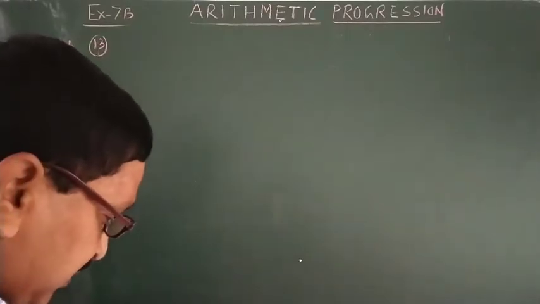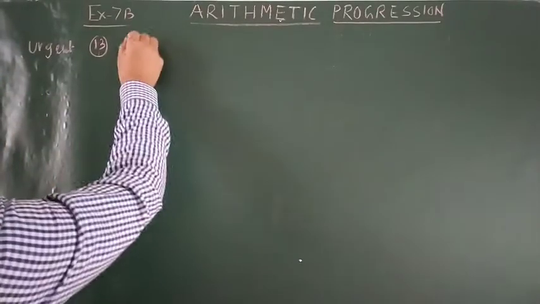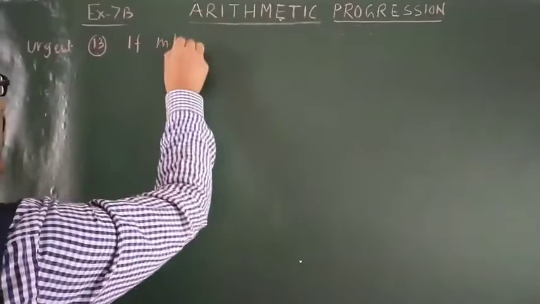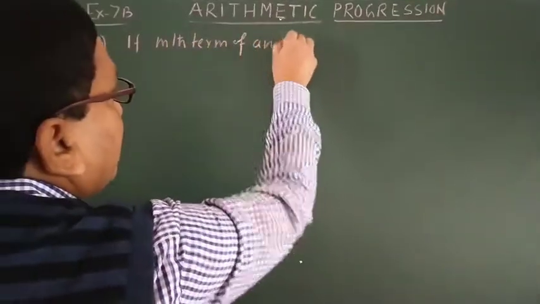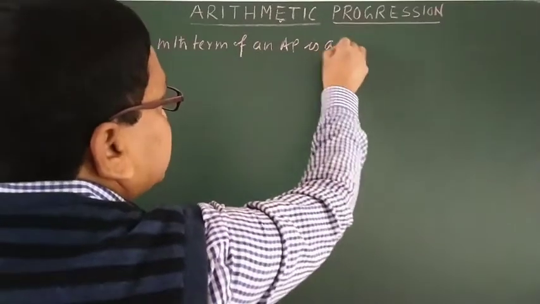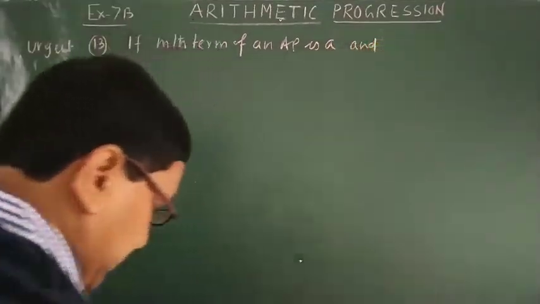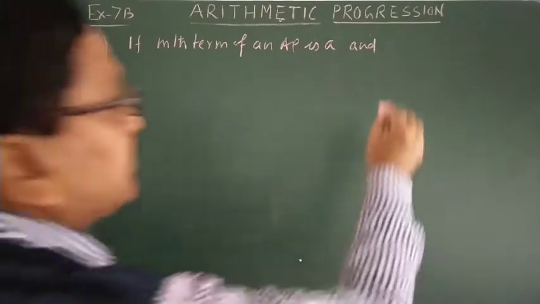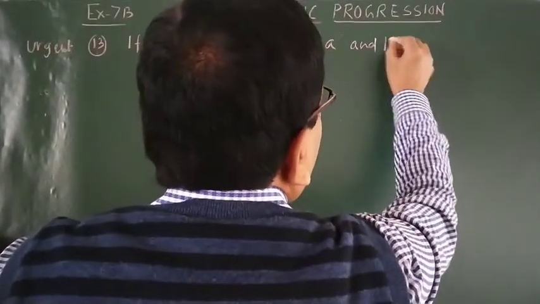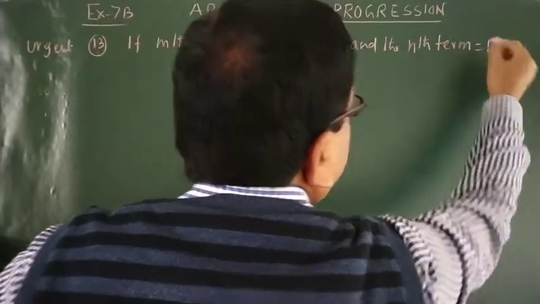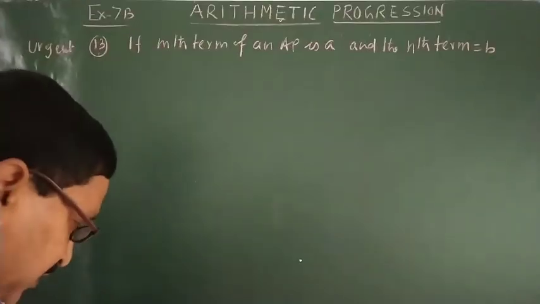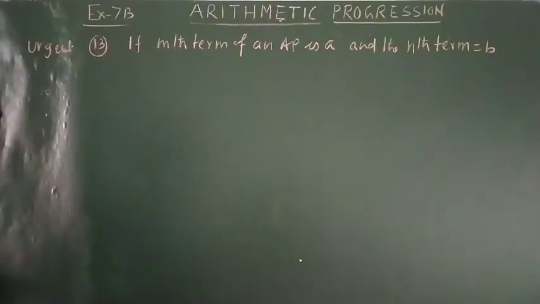If the mth term of an AP is a and the nth term is b, then prove that the sum of m plus n terms,